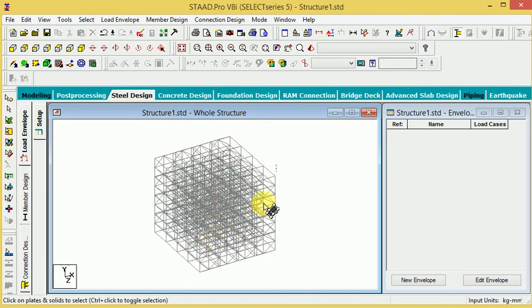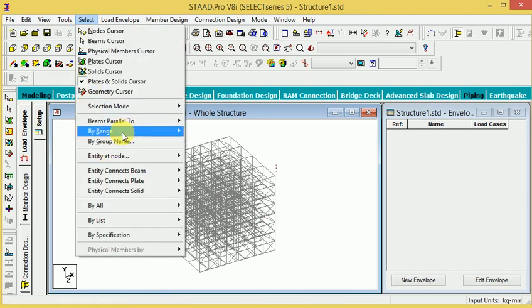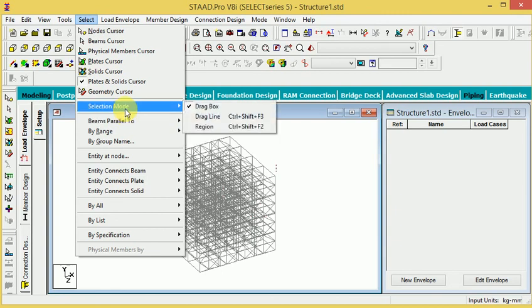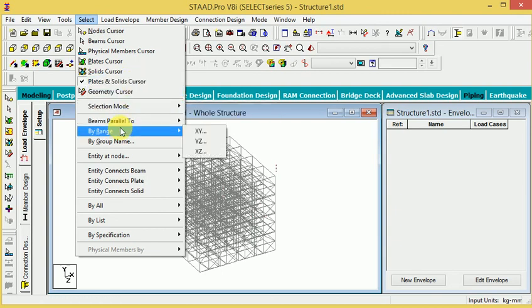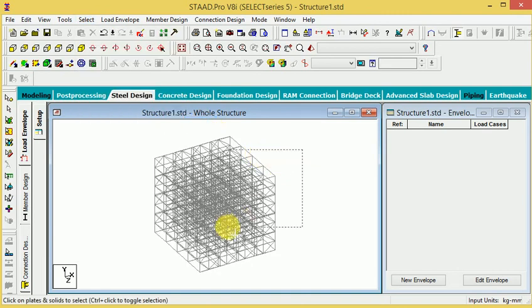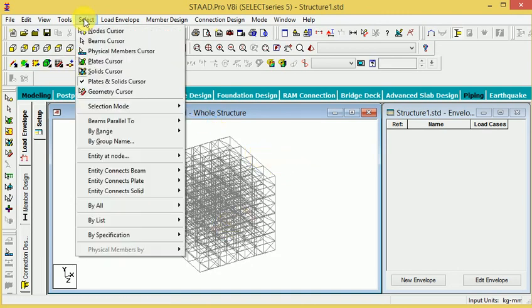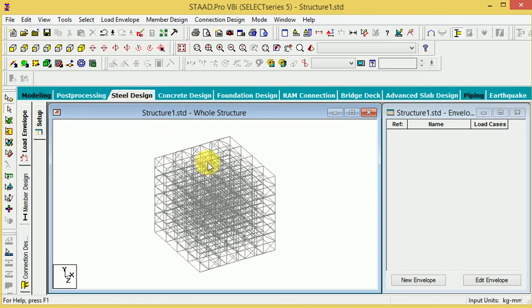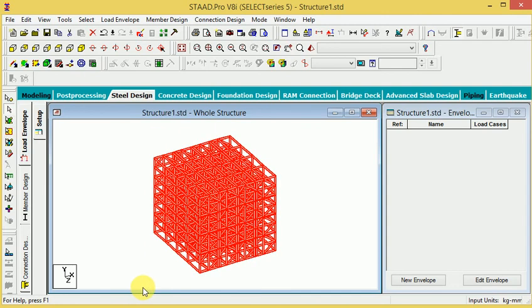With cursor selection, there are different options for every structure. Look at this X and Y direction here, it is very easy to select anything. If you select all components with geometry, this is very important.